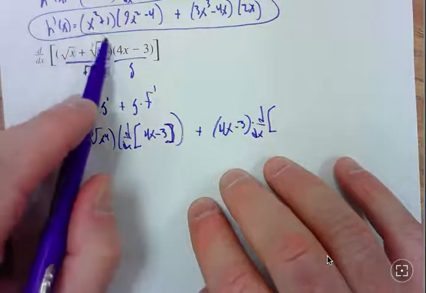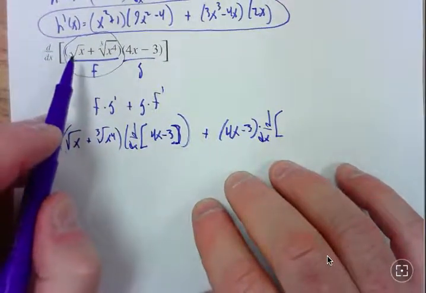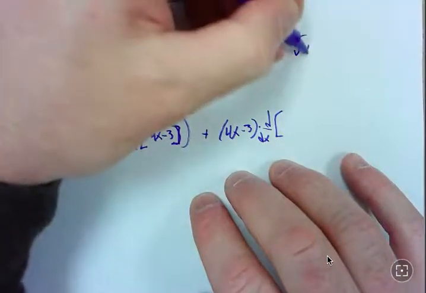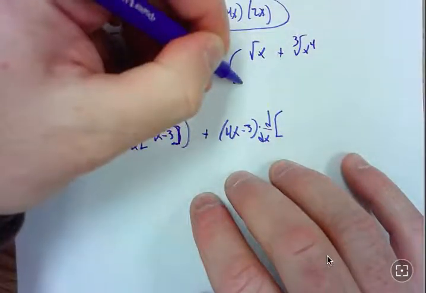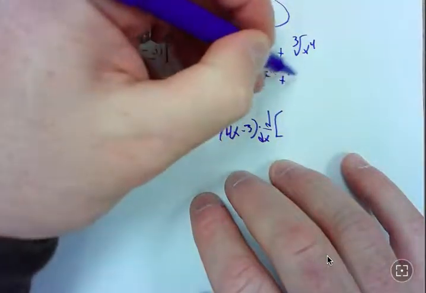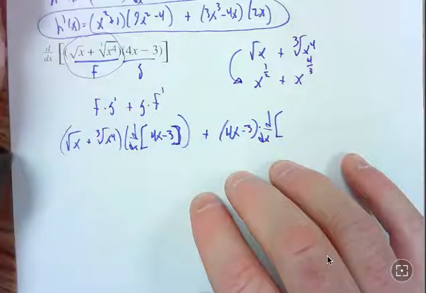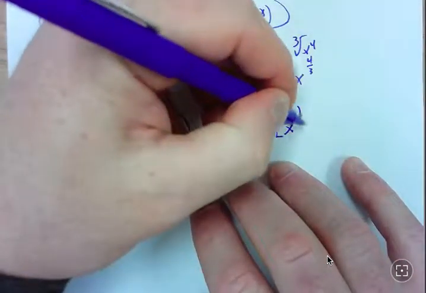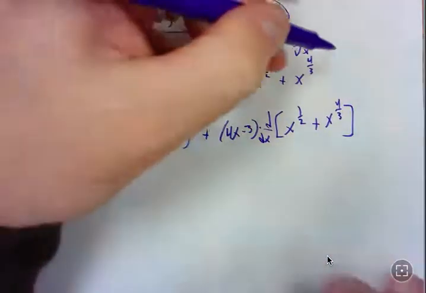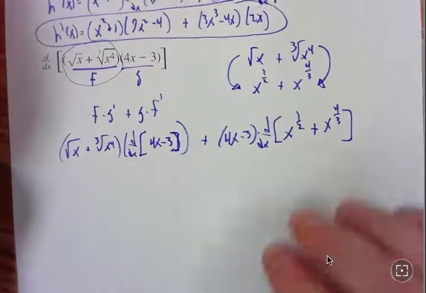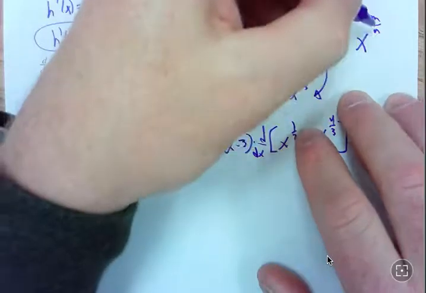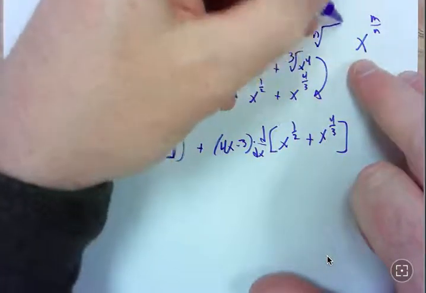Now, we talked about this, and there's a good chance, let's start doing it right now. The square root of x plus the cube root of x to the fourth, we need to think about that as a power. Well, this is x to the 1/2 power, and this is x to the 4/3 power, because then we'll use the power rule. Okay? One way to remember these fractions, x to the m over n, the n becomes,